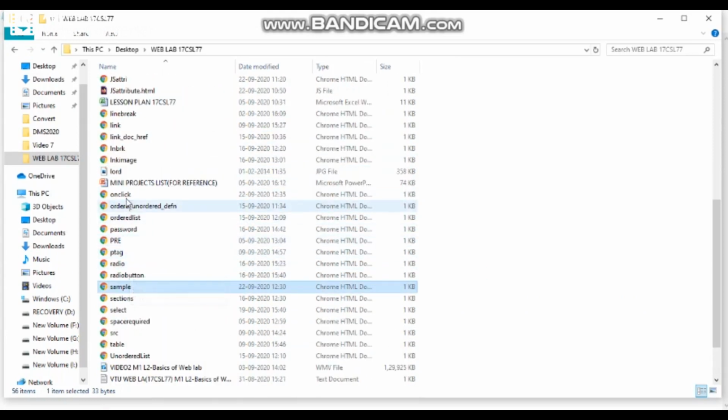You can observe the on click file is over here, and you just observe the result. So what happens is, you see this paragraph, let us see the on click event, and once you click this, you are getting a statement, right? So this is how we can demonstrate an on click event.